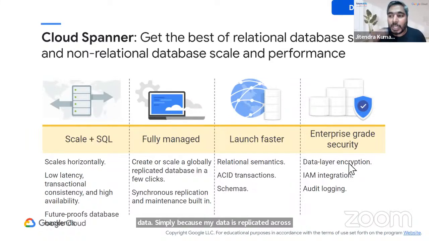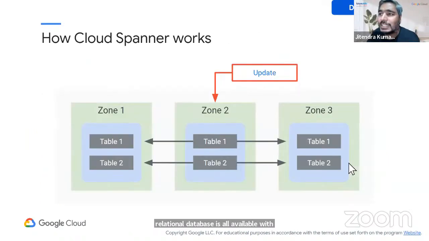So it is a highly scalable solution for your superpower applications that you might have. Now, it is a very standard, typical relational database. So yes, strong consistency, ACID compliance, relational schemas are there. All of that is there. Something that you attach to as a typical standard behavior to a relational database is all available with Cloud Spanner here. Now, how does that work?